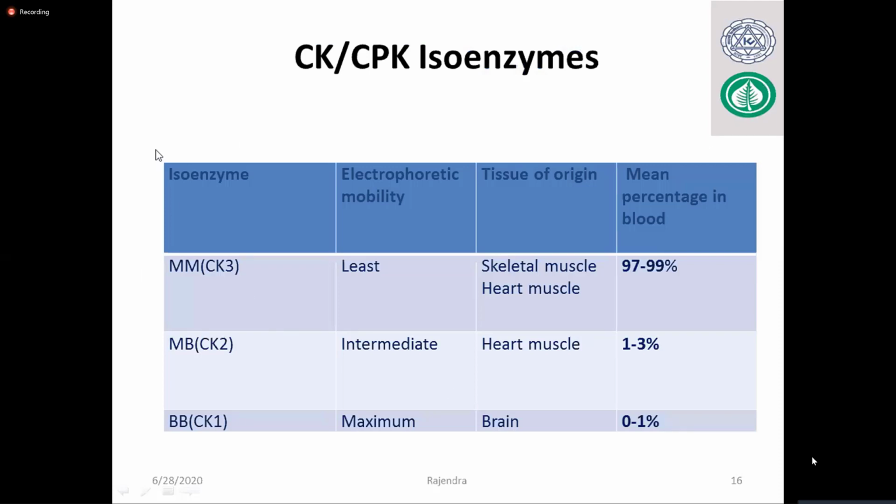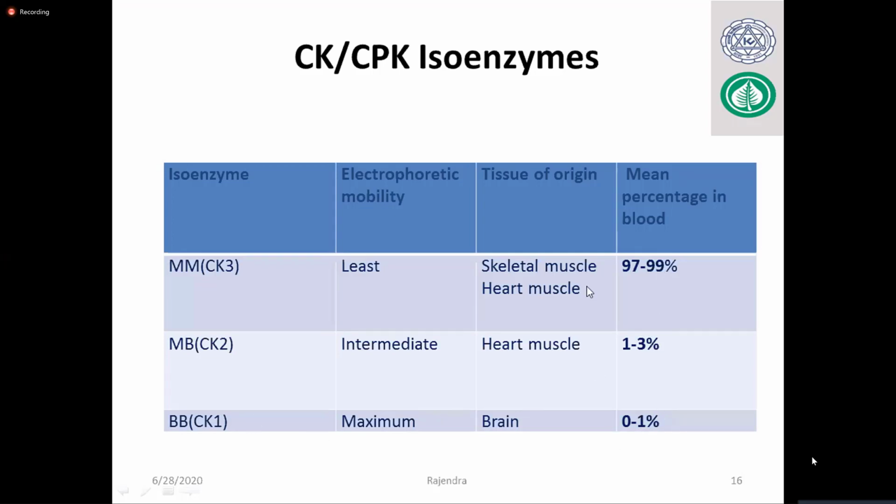And see, if we check CKMM, its electrophoretic mobility is very low. It is present in skeletal muscle and heart muscle. Mean percentage in the blood is nearly 99%. That means the highest amount is this CK3 in our blood. CKMB is intermediate in electrophoresis. Heart muscle has 1 to 3%. This is the amount. Suppose you have CK total, then out of that total, nearly 99% is this, 1% this, and 0.021% is this